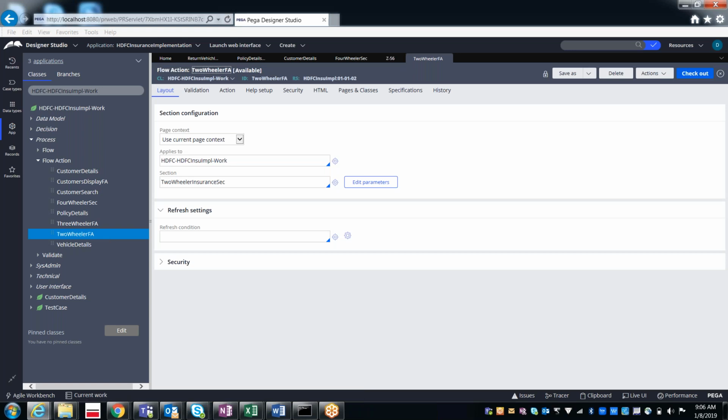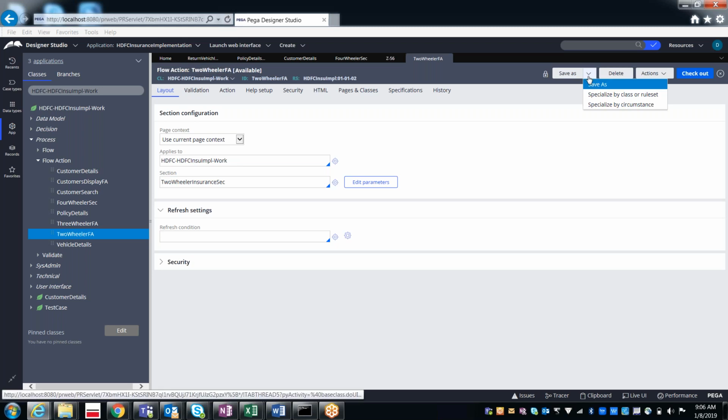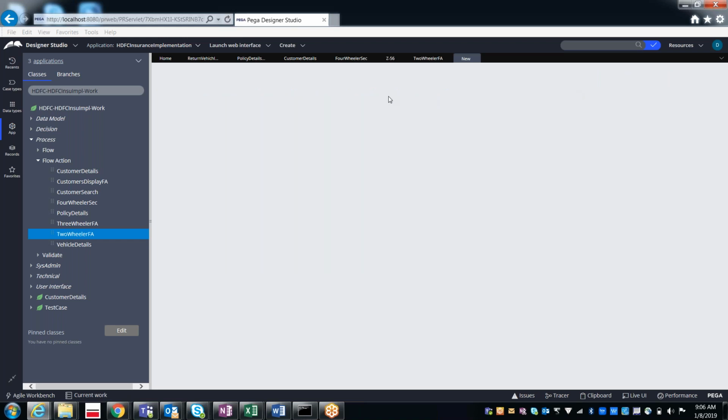The next option, as I said, is Save as. Along with the Save as option, we have something called specialize by circumstance. Generally, when you do Save as, we change the name. Even in the last session, we saved the two-wheeler as three-wheeler and three-wheeler as four-wheeler.